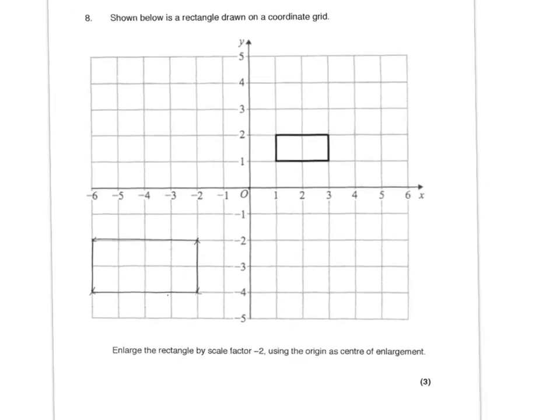I honestly think this is going to come up. Enlarge the rectangle by scale factor -2 using the origin as the centre. That's the origin. This point is up 1, right 1. It says -2. Minus means it goes in the opposite direction for enlargement, but I go twice as far because it's -2. So I go down 2 instead of going up 1, and I go left 2